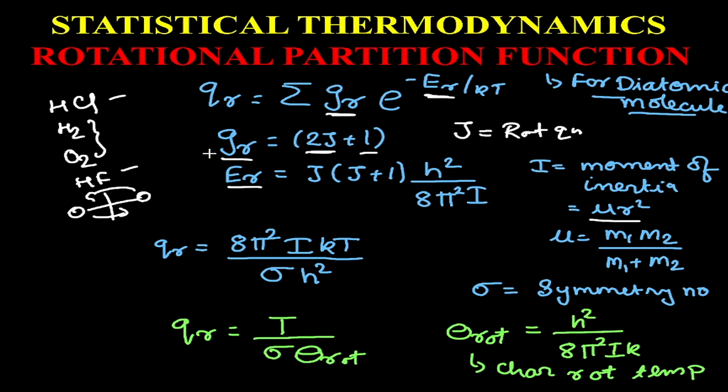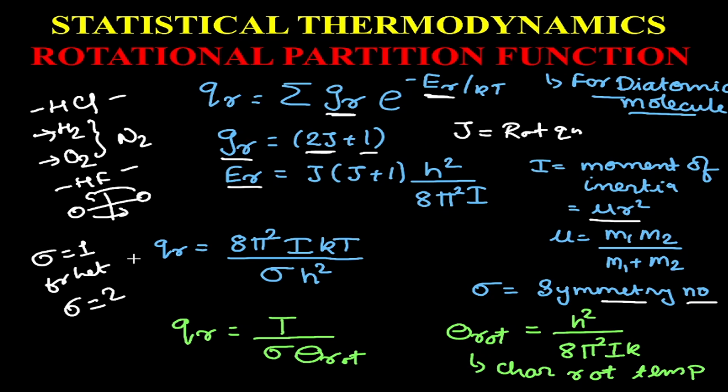So when we substitute the statistical weight factor and the energy in this expression, and then we integrate this expression, the solution we get is 8 pi square I kT upon sigma h square, where all the terms are known. k is the Boltzmann constant, T is the absolute temperature, h is Planck's constant, and sigma is known as the symmetry number, where this symmetry number is equal to 1 for heteronuclear molecules like HF and HCl, and sigma is equal to 2 for homonuclear molecules like H2, O2